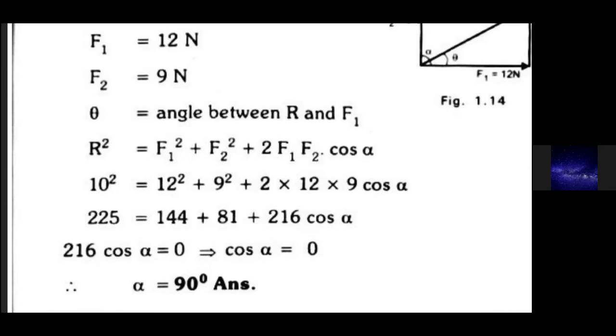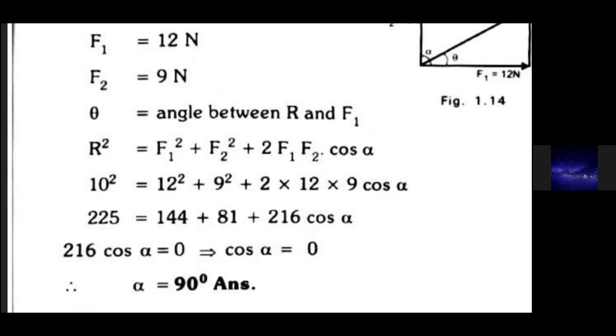You can find the resultant by two methods: graphically and analytically. Here we learned up to the analytical method only. By the analytical method, mathematically, we can find the resultant of two forces acting in different directions by the parallelogram law method and by the